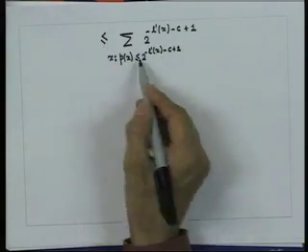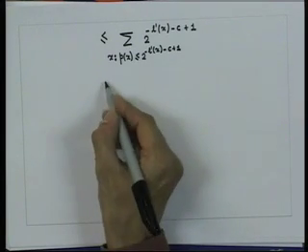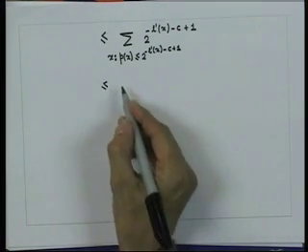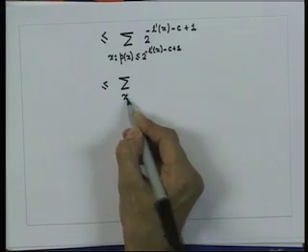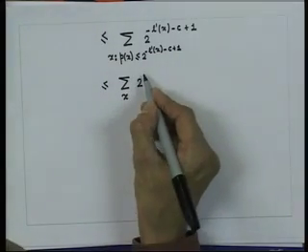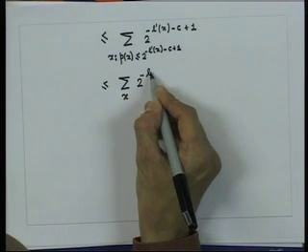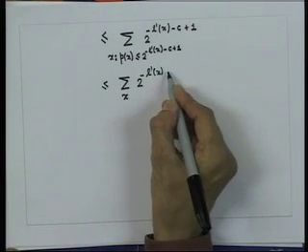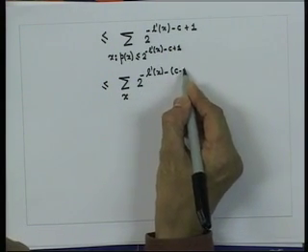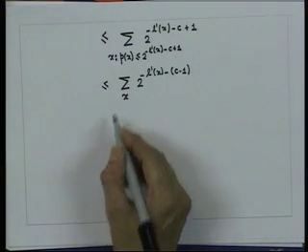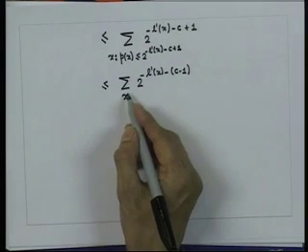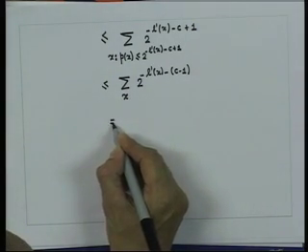So, that is why it becomes less than or equal to. Now, this is obviously less than or equal to where I sum up for all x, 2 to the power minus L dash x minus c minus 1. So, this is equal to